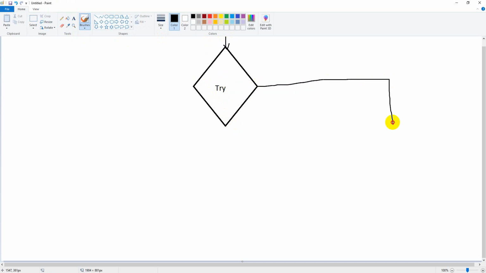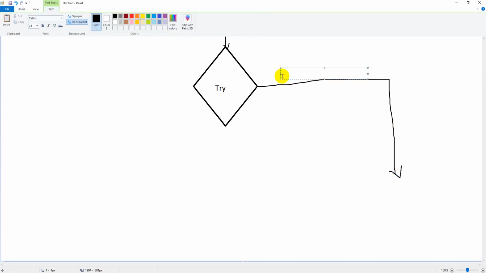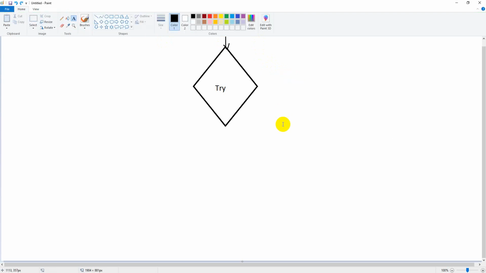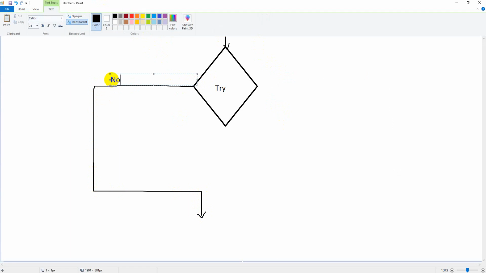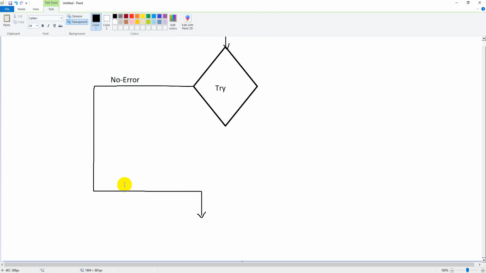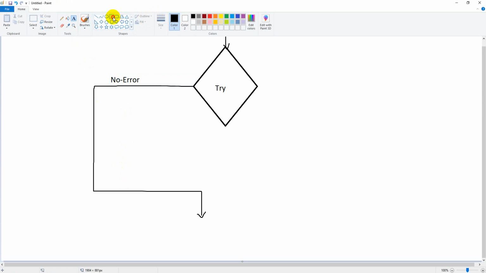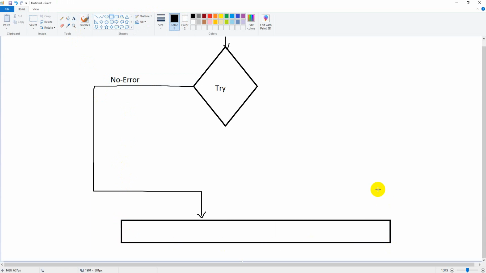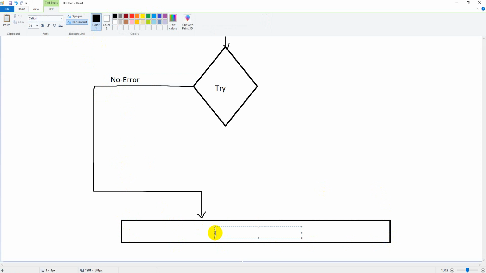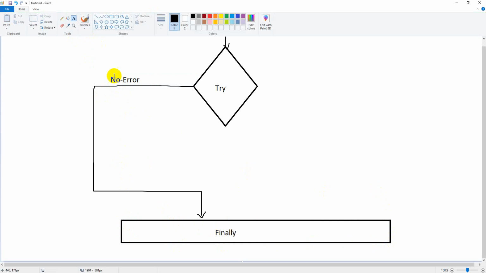If there is no error in the try block code, then the system will execute the finally block.